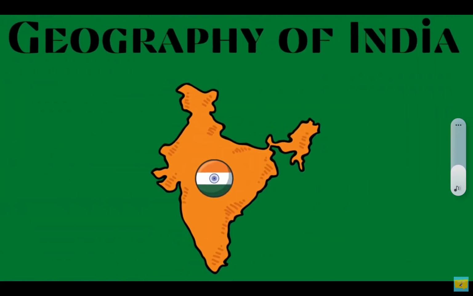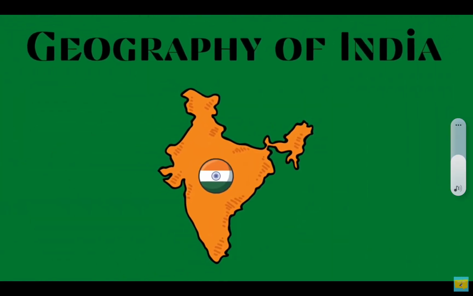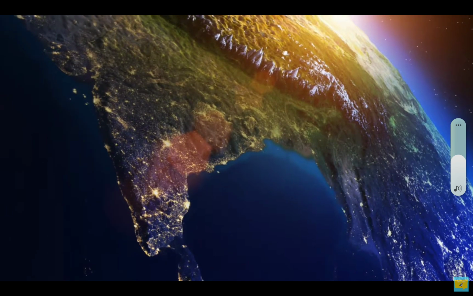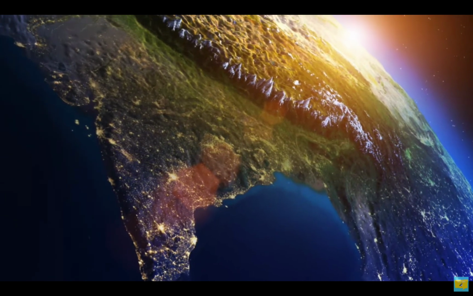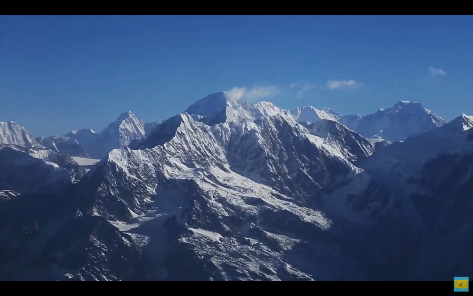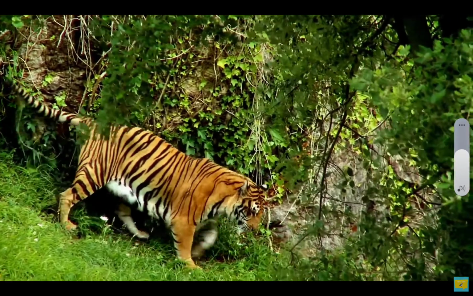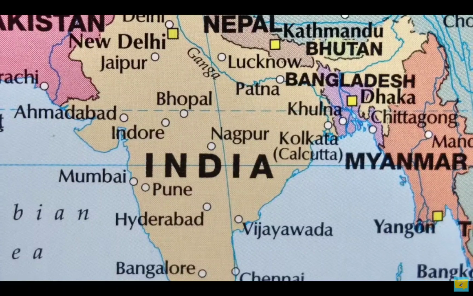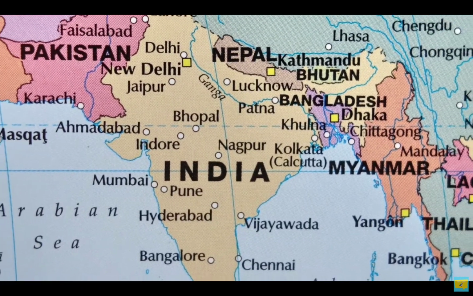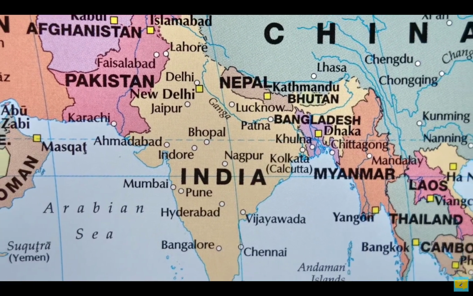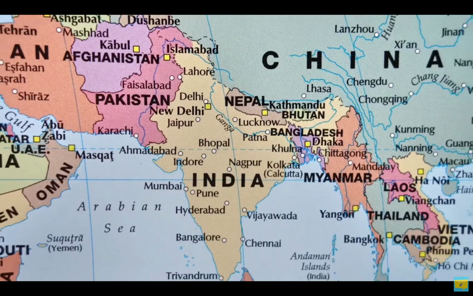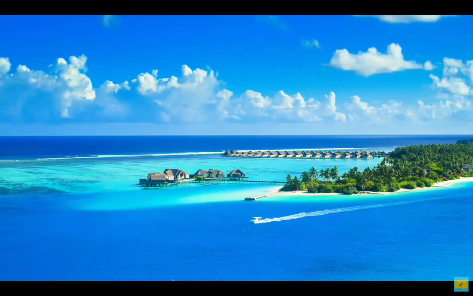This video covers the geography of the subcontinent of India. India is a subcontinent located in Asia. It includes diverse environments, including the highest mountain range in the world, the Himalayas, to forests filled with tigers, elephants, and even leopards. Other countries located on this subcontinent include India, Afghanistan, Bangladesh, Bhutan, Nepal, Sri Lanka, Pakistan, and the